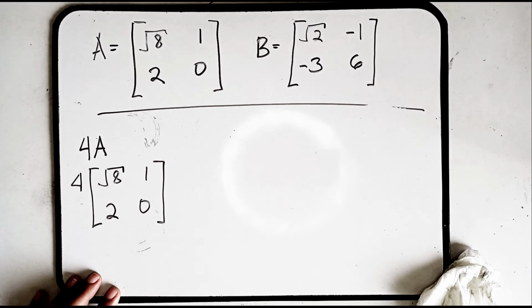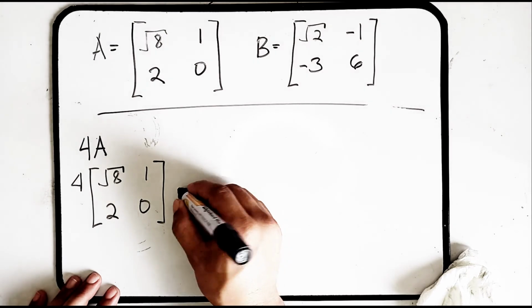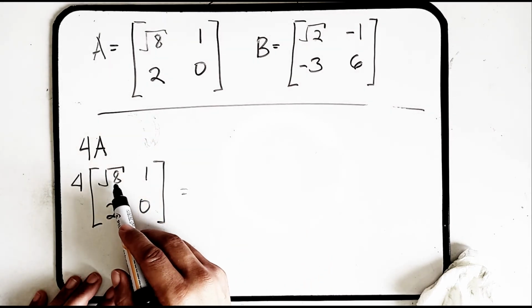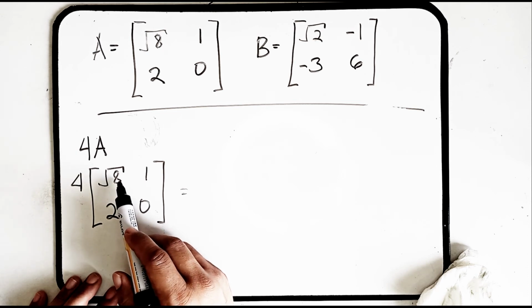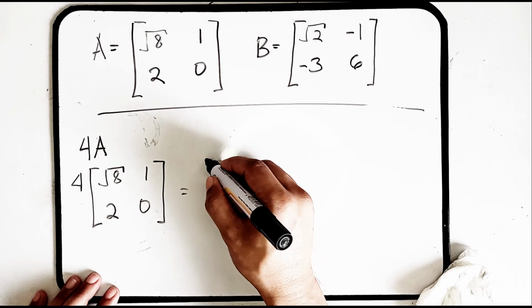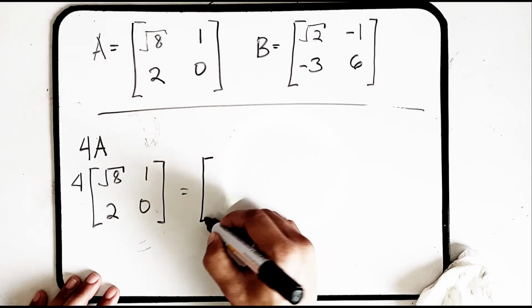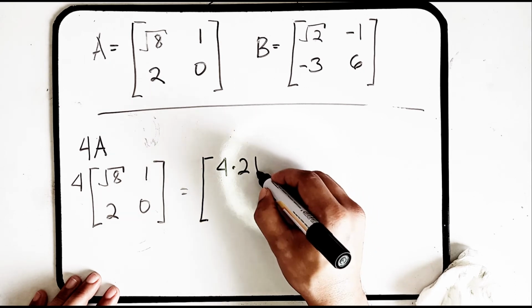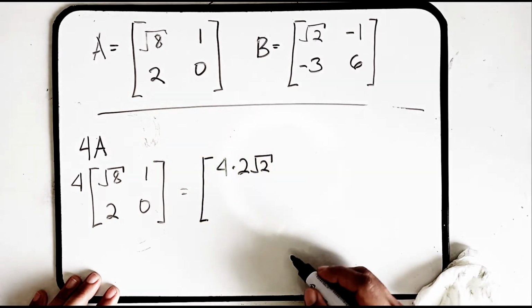Okay, so now let's simplify this. We know how to perform simplification of radical. So it means that this becomes 4 times 2, square root of 2, and then 4